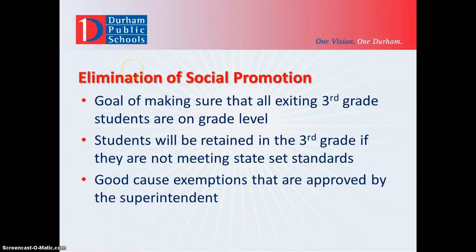Component 4 has the biggest impact on schools and families because the schools and parents have limited ability to circumvent the law. The goal of Read to Achieve is to have all exiting third grade students reading on grade level based on pre-established standards. The key standard in this case is the end of grade test in reading at the end of third grade. Please note there are good cause exemptions that allow students to be promoted to fourth grade without having passed the end of grade test. There are multiple good cause exemptions, and we will discuss each of them in greater detail.